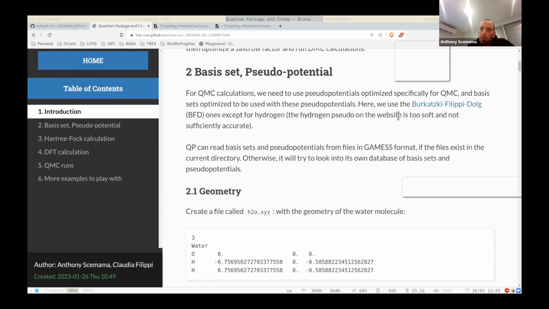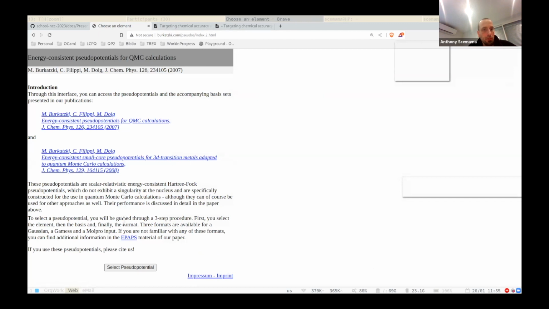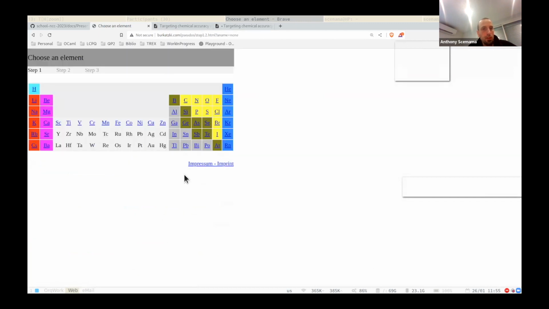So, a very good choice of pseudo-potentials for QMC are the Burkatzki-Filippi-Dolg, BFD. So there is a website here. If you click on it, you can choose different ones. So you can select pseudo-potentials here for different atoms.